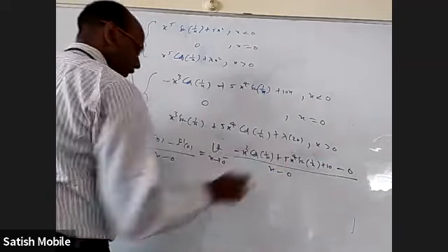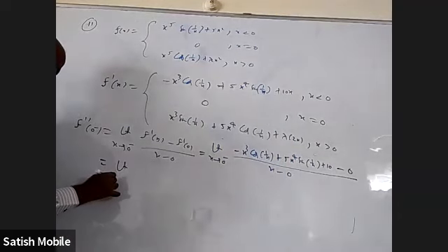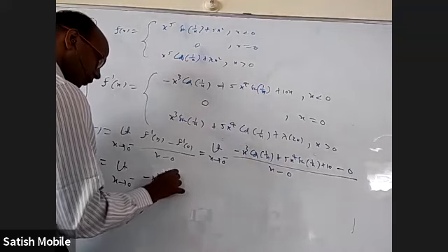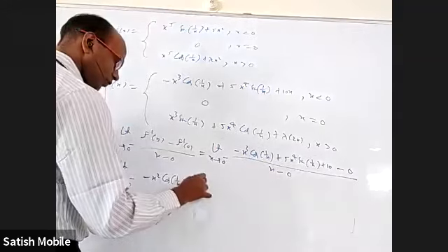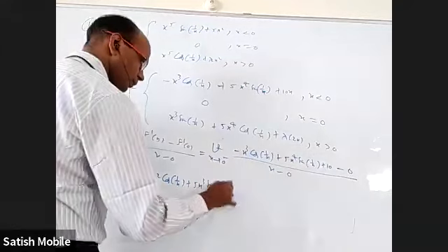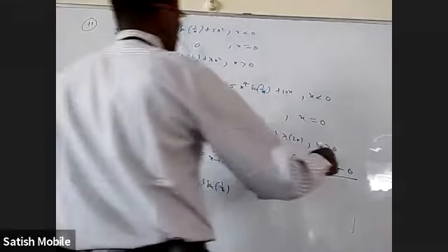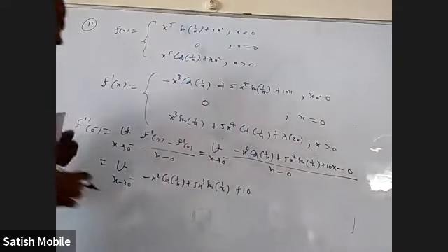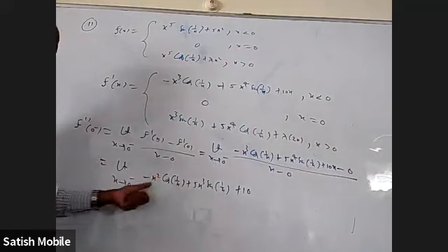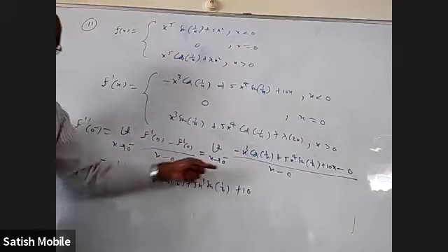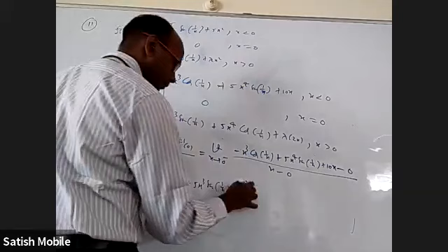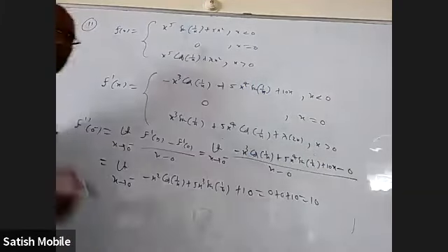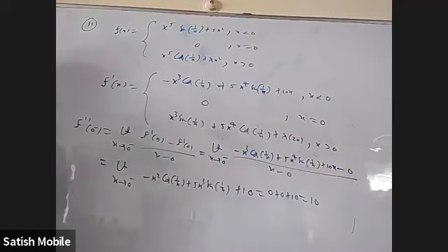Now some x got cancelled here. I'll get minus x square cos 1 by x, 5x cube sine 1 by x. Is it 10x, right? Yeah. So it will become 10. Now, according to the sandwich theorem, this is oscillating but into 0, so 0. This is oscillating into 0, so 0, but plus 10 is there. So the limit is 10. 0 plus 0 plus 10, it is 10. So left hand derivative, second derivative is 10.